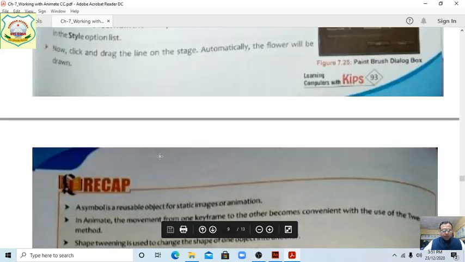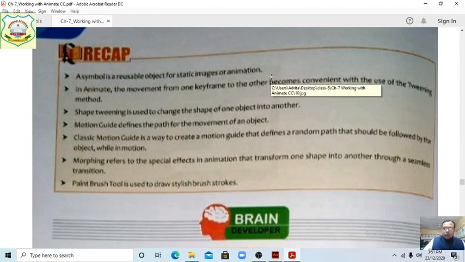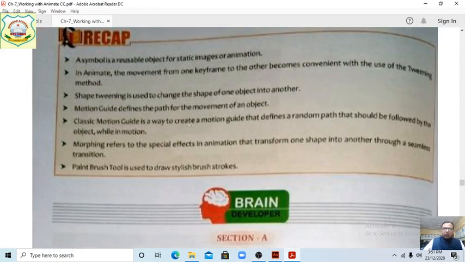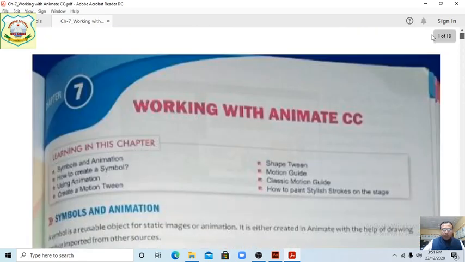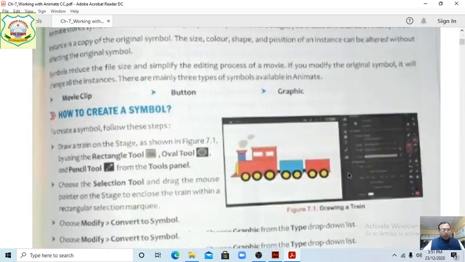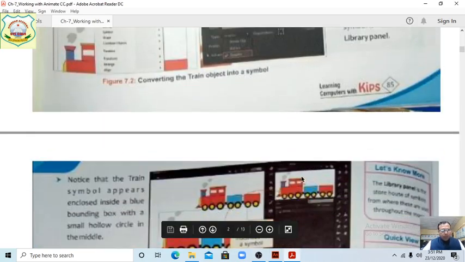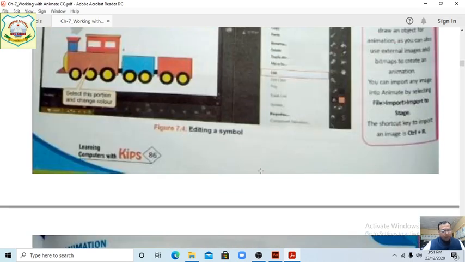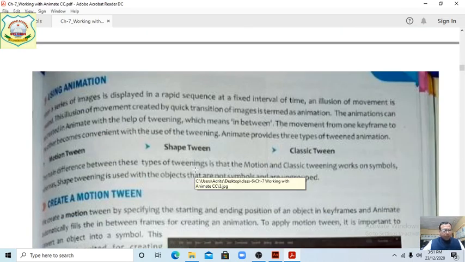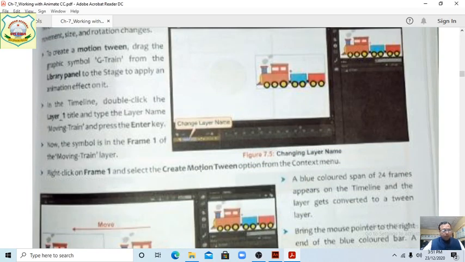Next one, students. Now this is the recap. A symbol is a reusable object for static images or animations. This is the summary of whatever we have done previously. In this chapter we have completed how to create a symbol. Then we learned how to move a train, and how to create a motion tween with the help of animation.